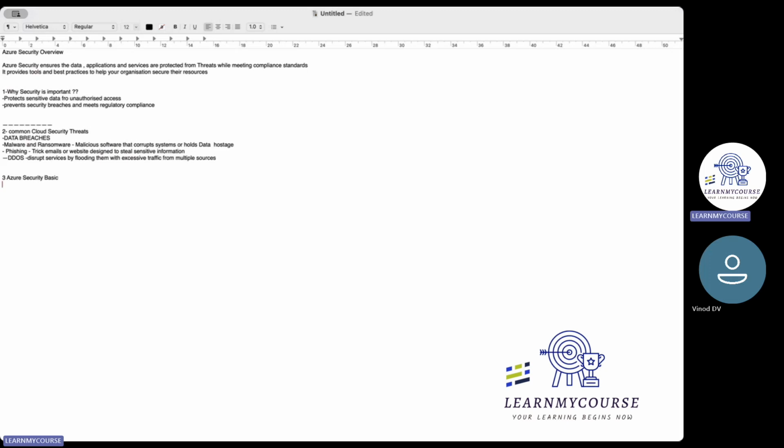What are built-in tools and services? Built-in tools like GitHub, Kubernetes, Docker, sir. Correct. There are different tools for Docker, Kubernetes, containerization, but for security also there are different tools available inside that cloud.